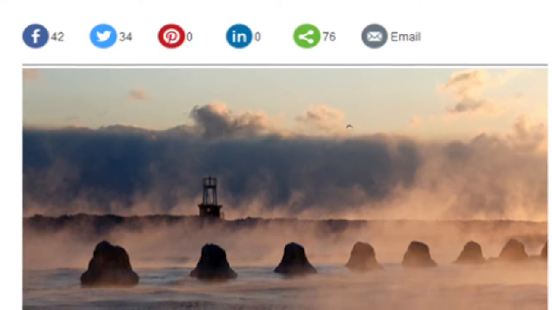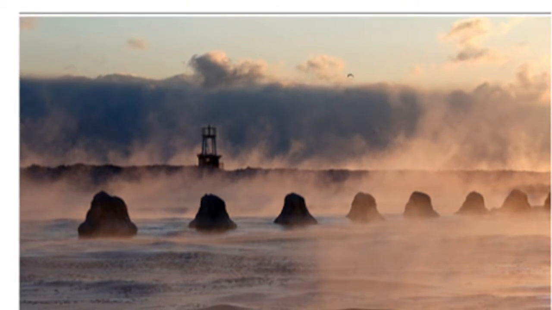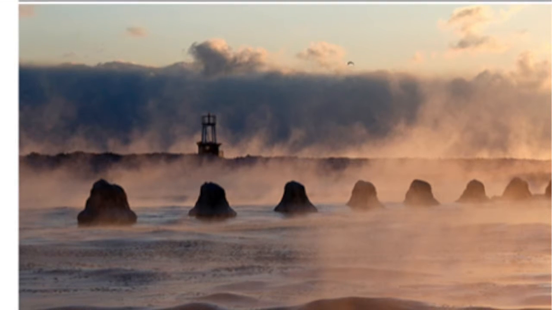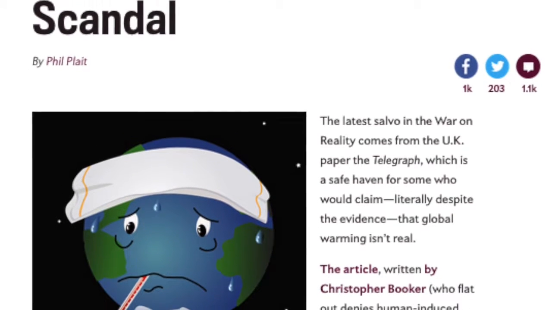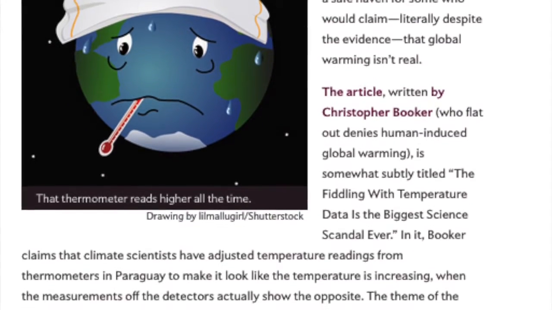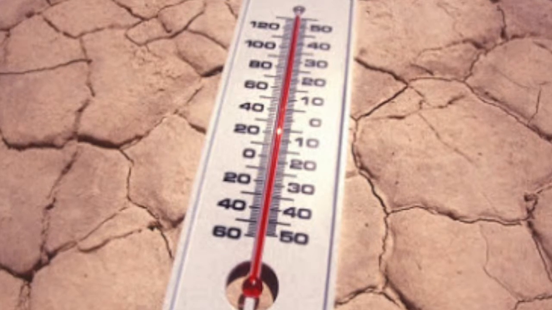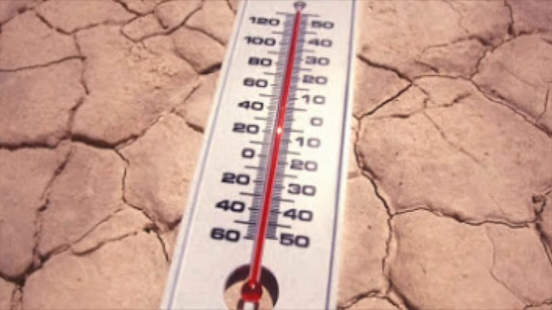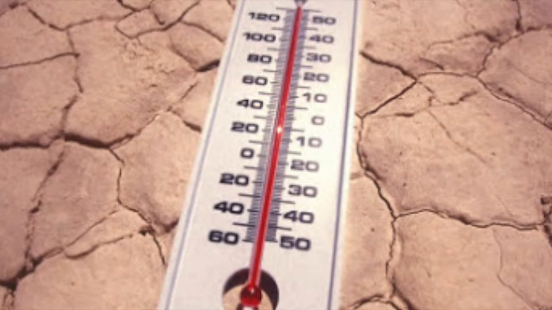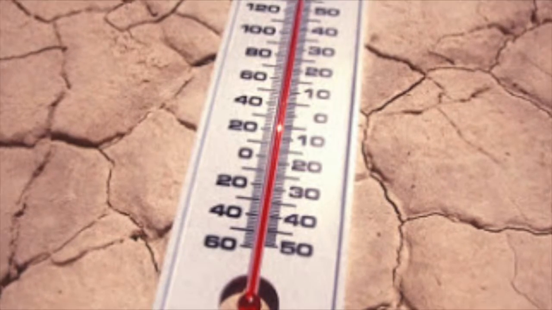What I have gathered from responses to Booker's articles is that the scientists who supposedly fiddled with the temperature data to show a drastic increase in warming did not do so on purpose. For instance, Dr. Plate, a PhD in astronomy, argues in his article, No, adjusting temperature measurements is not a scandal, that the way these scientists measure the temperature was with a thermometer. There will always be factors that can cause an impact on temperature in a thermometer. For example, if the thermometer receives direct sunlight, then the thermometer will show high temperature. Another example is the opposite of direct sunlight, such as cloudiness. Without much sunlight, there is no temperature change.